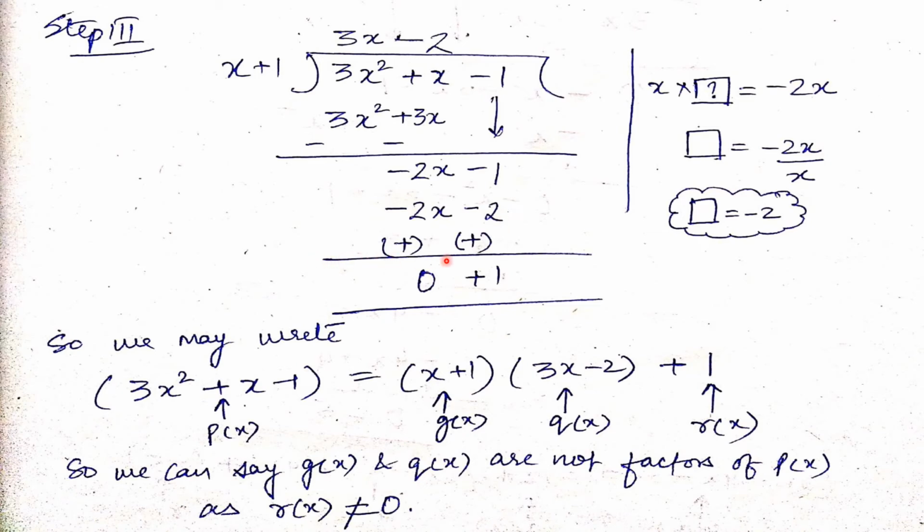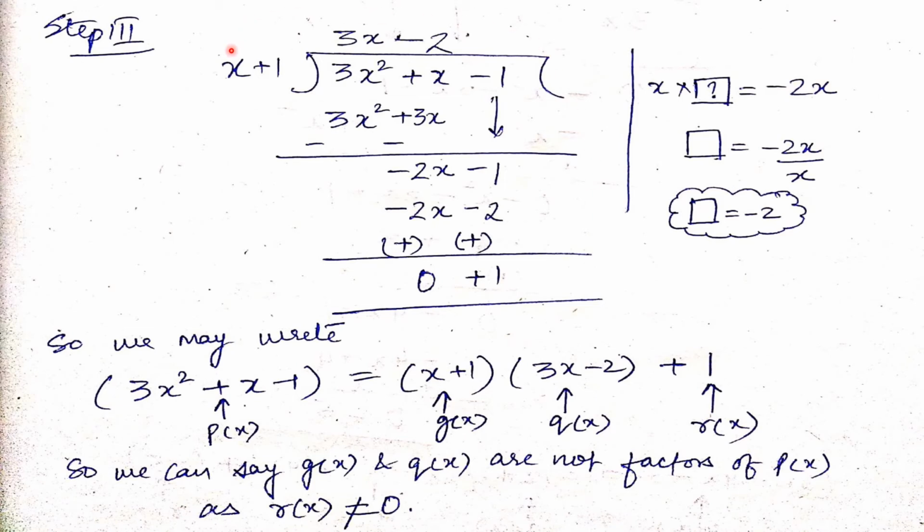Now again draw this line and change these signs. As it was negative, it becomes positive. As it is negative, it becomes positive. So these two will cancel each other. We will get minus 1 plus 2. So the answer is plus 1. In this case, we have got the remainder as 1. We can't solve it further because here there is no variable, so there is no point in solving. This is the final answer. So this is the complete division.